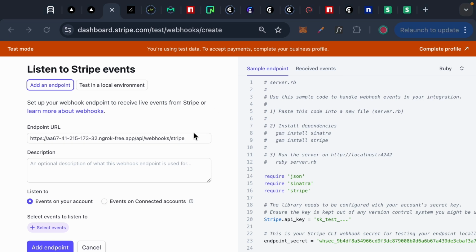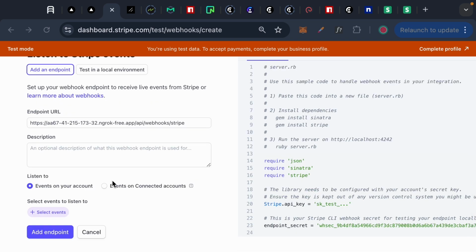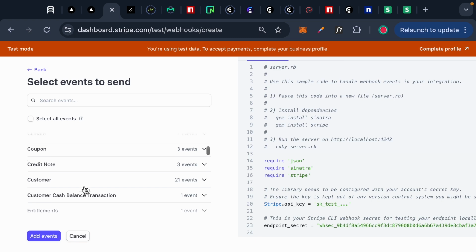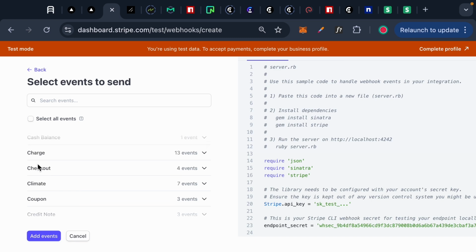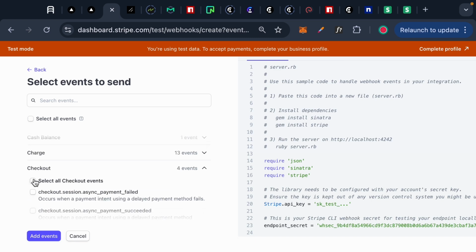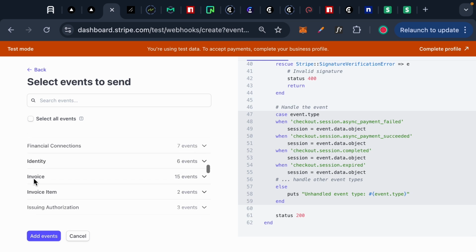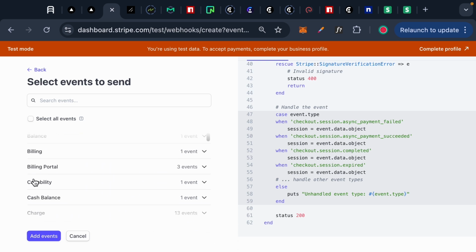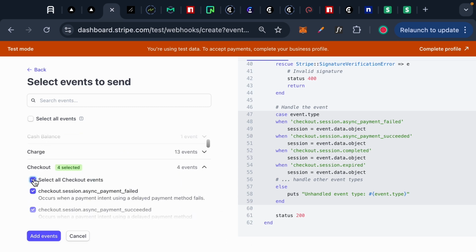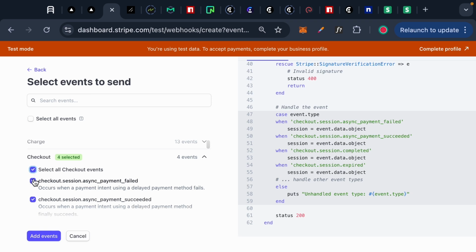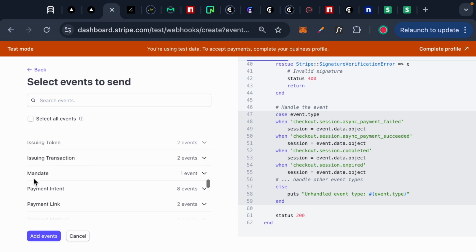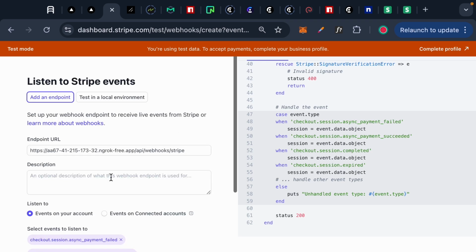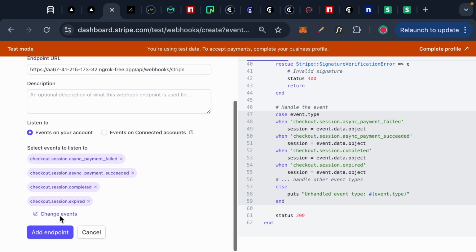So once we add this endpoint URL, we scroll down to add event. So what event do we want to listen to? We want to listen to checkout events. So I'll click on all the checkout events over here. That is what we are interested in. And then you can read more on events and see which might be the best one for you. Or maybe later on you decide to improve this project and read more on this event. So I'll click on add event, add endpoint,